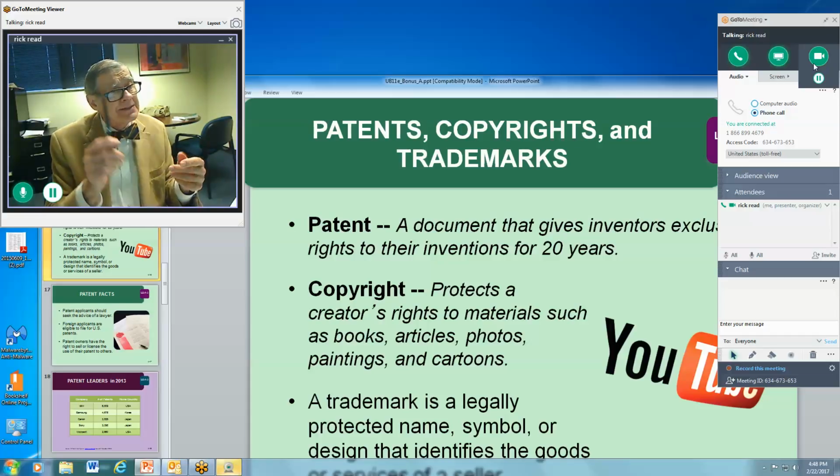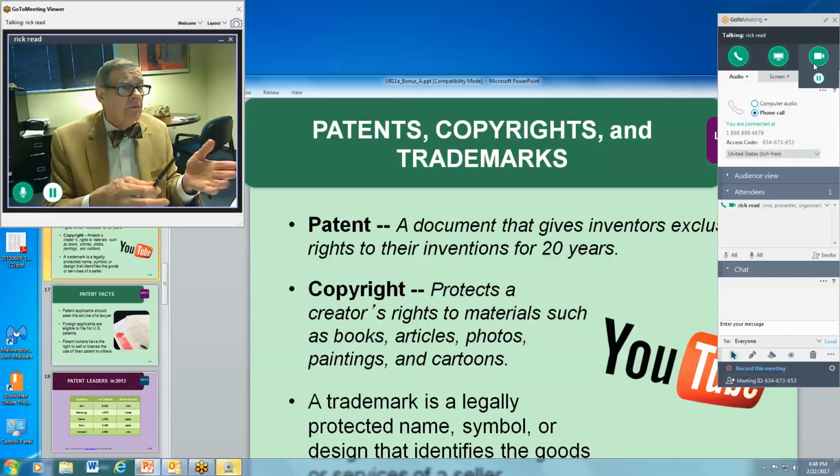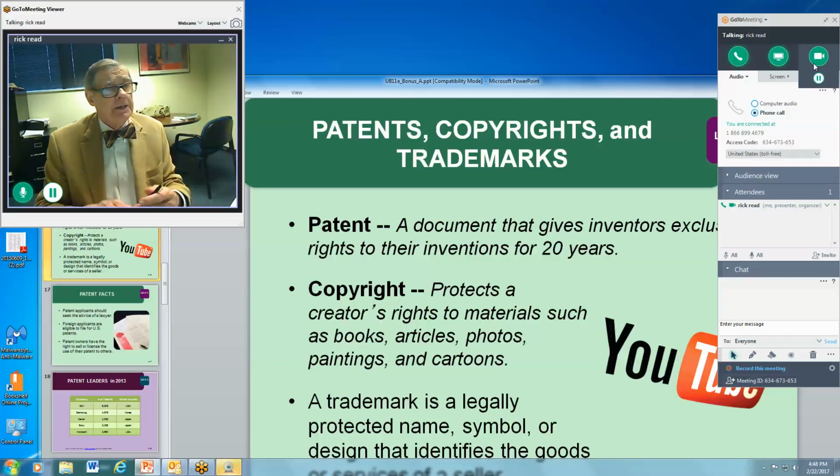If in fact somebody tries to do that, then the holder of the patent can sue for patent infringement rights. After 20 years, that goes away. There's no longer any protection. And what you find happening, pardon me, is that in year 17 or so, maybe a little sooner, competitors will start making a generic or something else that they're ready to bring on the market as soon as that patent expires.